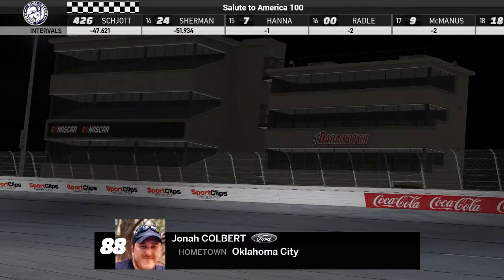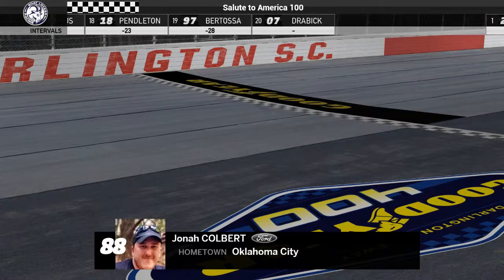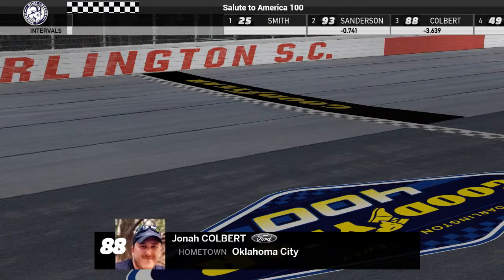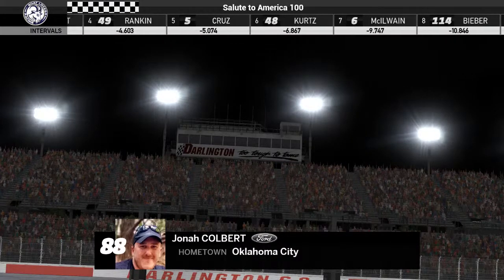Early on, I just ran it a little bit too hard. Got the tires hot about lap 20, 21 or so. And me and Trevor got together in turn 4. Just a racing deal. I mean, I got in hot, hit the wall. He got in hot, hit me. And we caused a big accident there. But then I kept